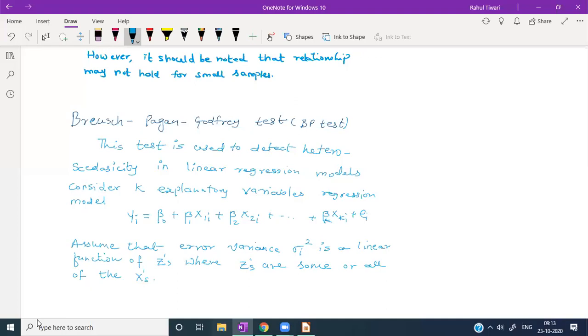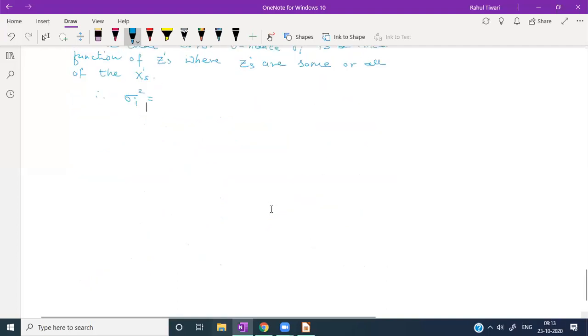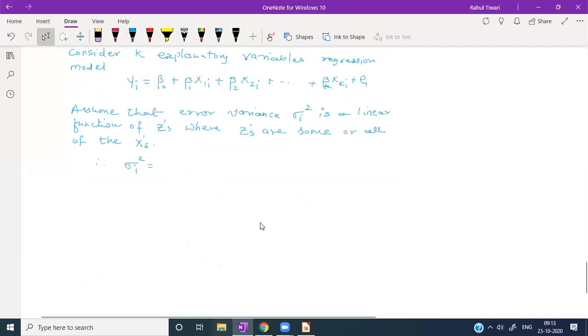That is therefore sigma i square. So I'm saying this error variance is what? It's a linear function of z. I'm just trying to make this particular variance a linear function. So my linear function is this, let's say alpha naught plus alpha 1 z